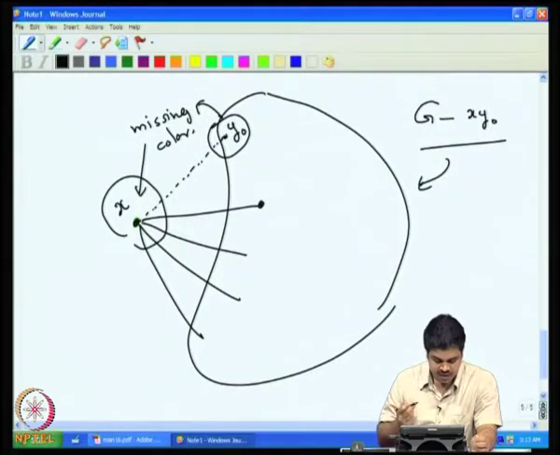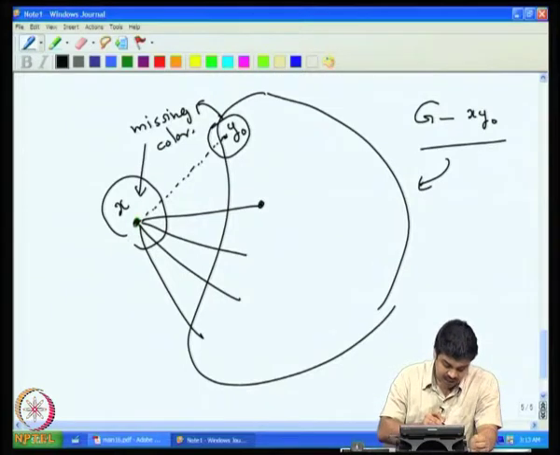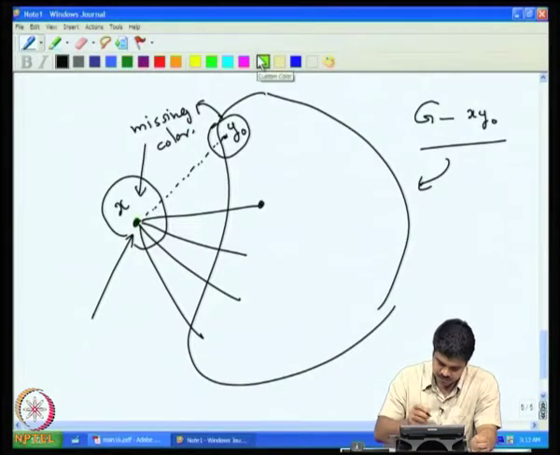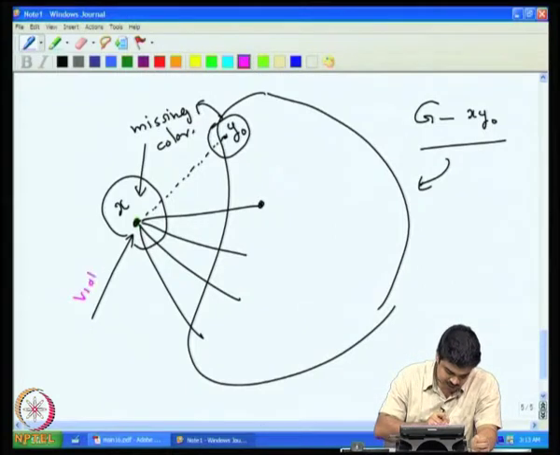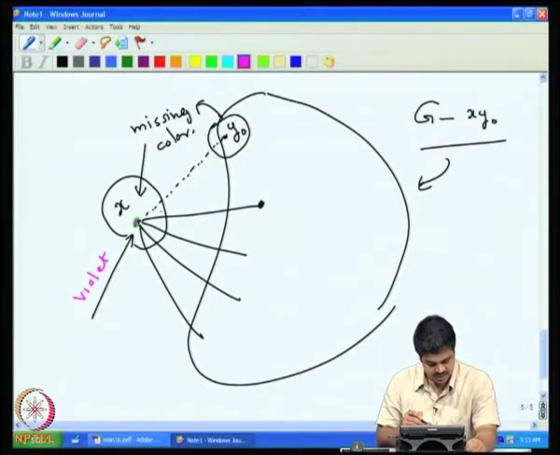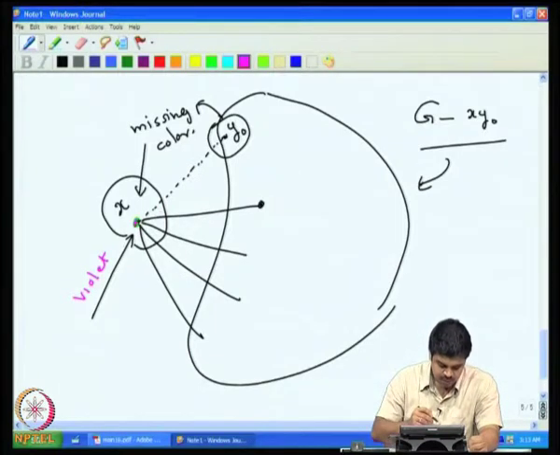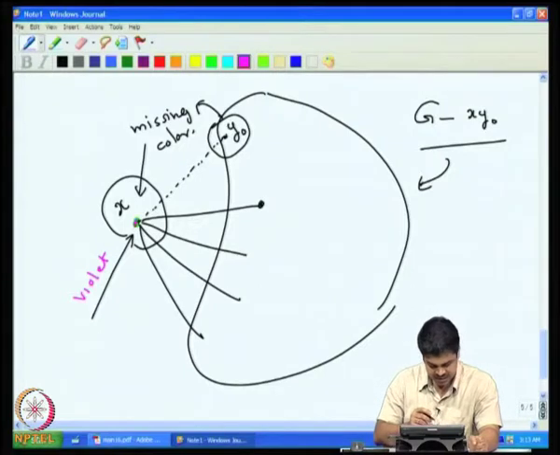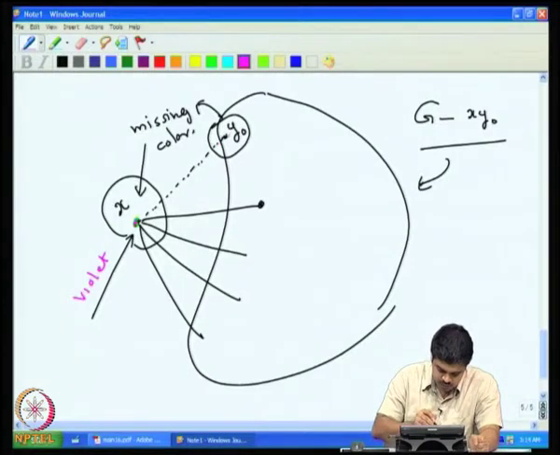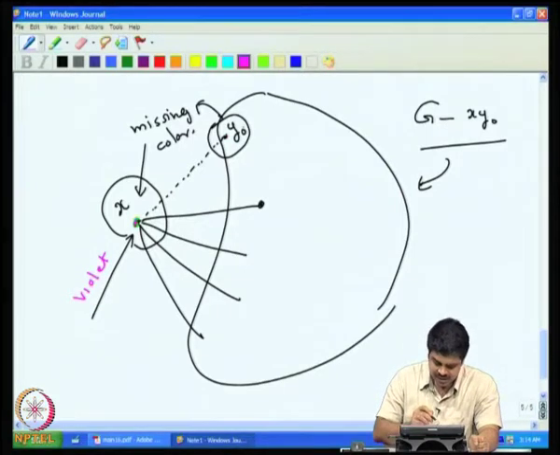But then we can infer that the color that is missing at x, say this violet color, is missing at x. So that means none of the edges incident on x is violet, right. So this violet color is missing at x. Now you can say that violet color is present at y0, right. Whatever it is,